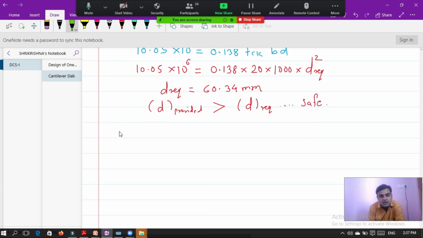So now after this, steel calculations. The next step is steel calculation. So now we will calculate the steel. You know the formula for steel.